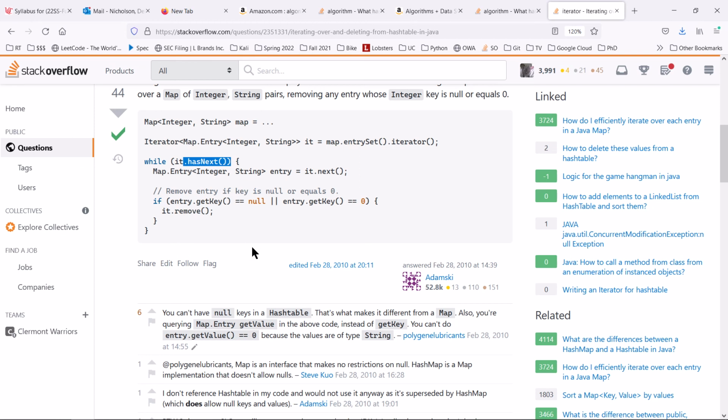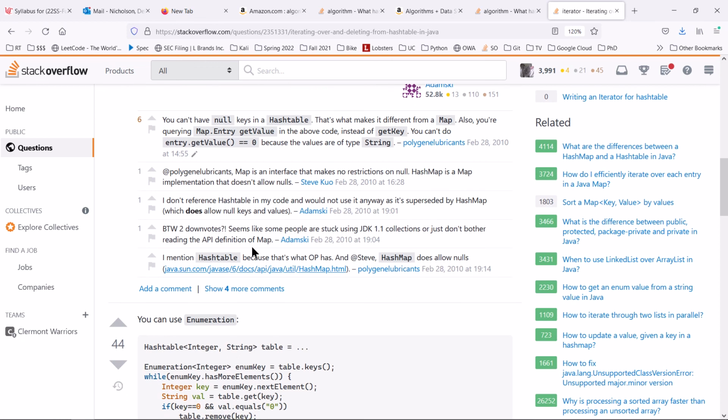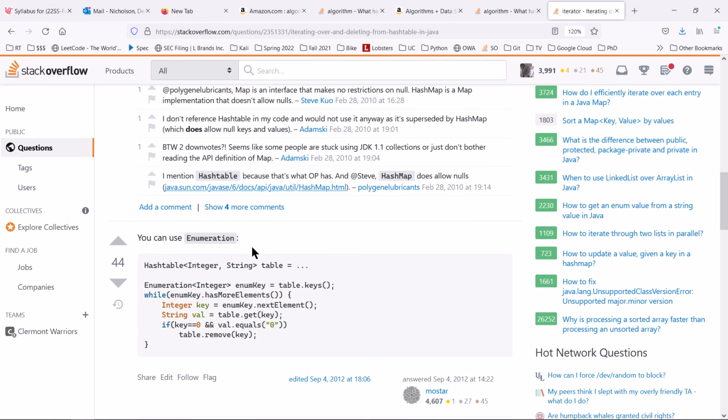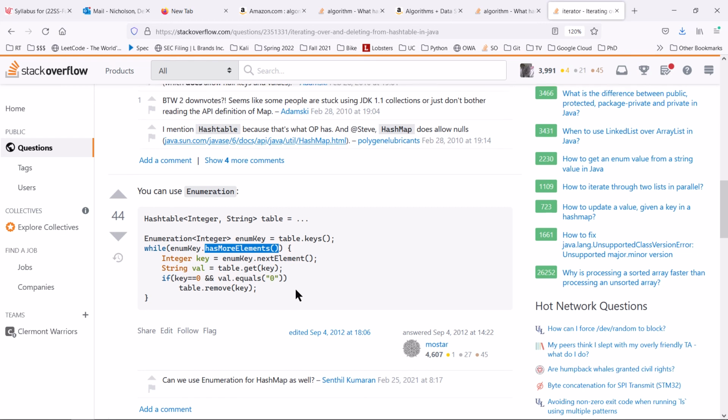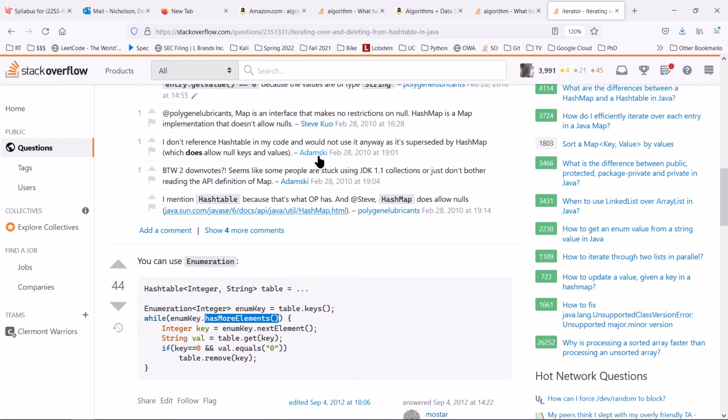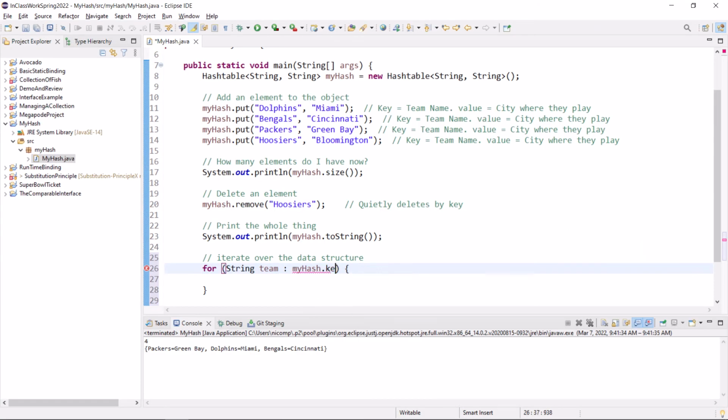Okay, so that'll work, but that's not what we're doing. There's another one, hasMoreElements. So let's just try keys, because I see keys right there. Let's try that.